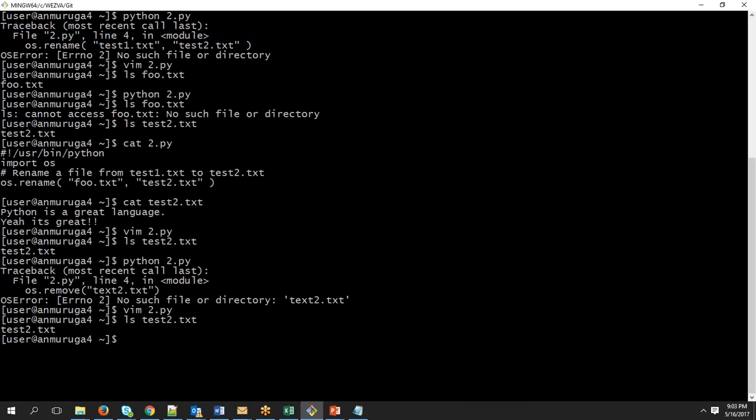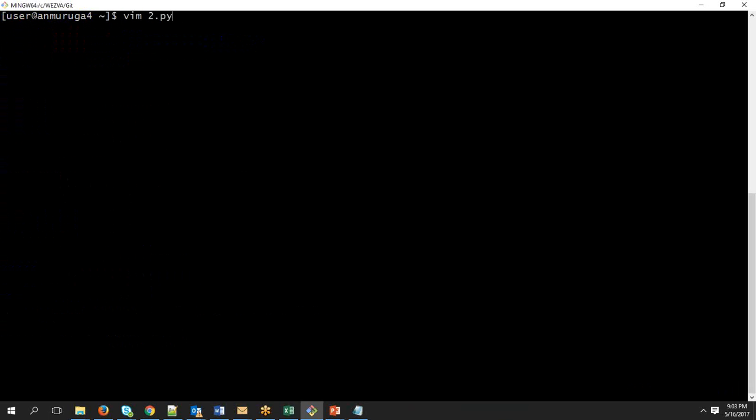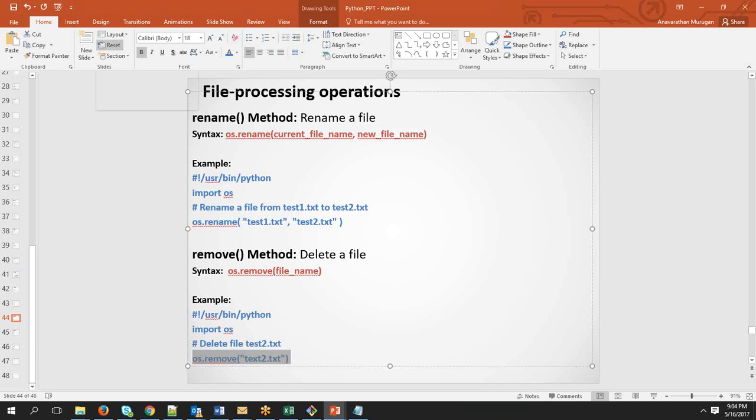So I have the file. So now if you try to execute, you can see that that file is not available anymore. Okay, so that's how you can use the built-in functions called rename or remove specifically, which will help us to delete a file or rename a file. Okay,